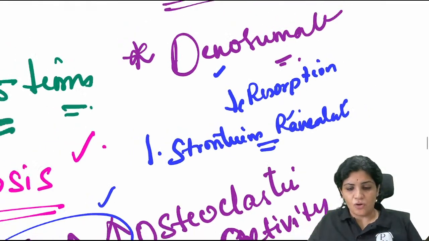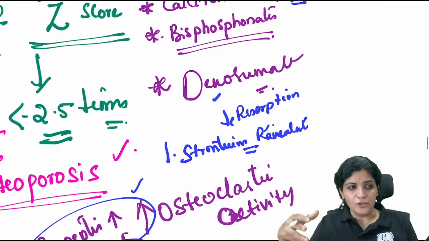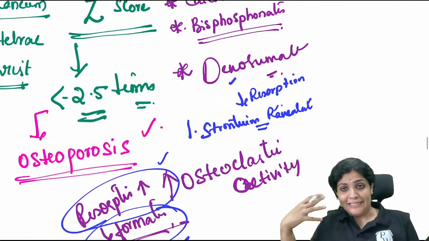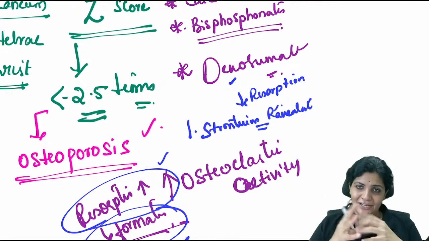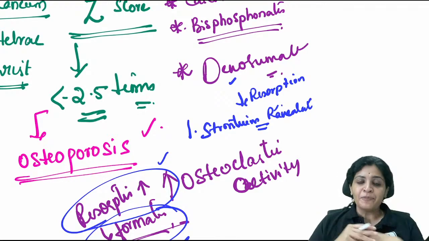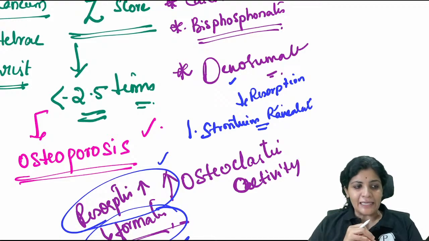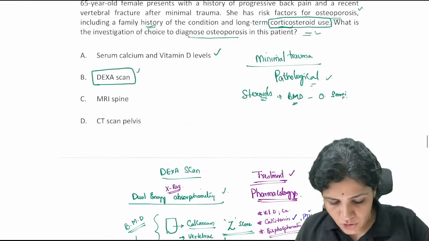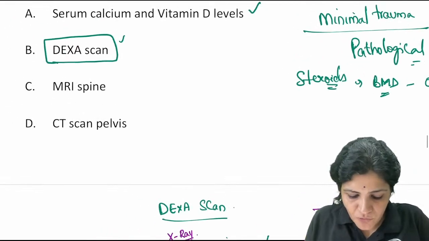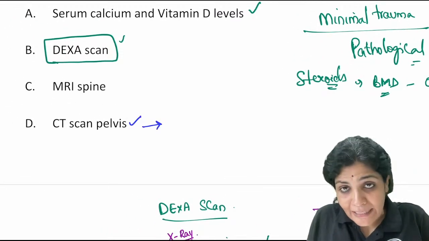So all this other treatment, what I've told you, will either increase the formation or decrease the resorption so that the bone mineral density is maintained. But strontium ranelate is one such drug which does both actions. So it increases the formation of the bone and decreases the resorption of the bone. That clear? So that is regarding your osteoporosis, and we can even go for CT scan of pelvis for identification